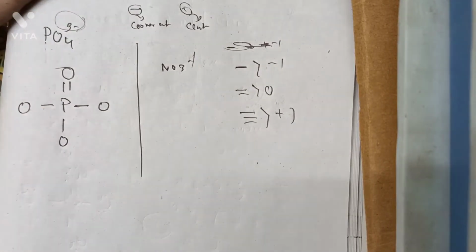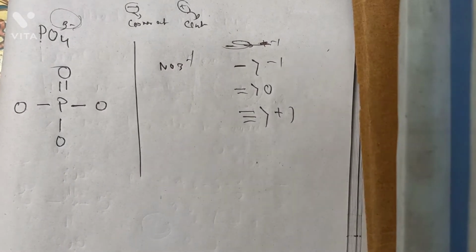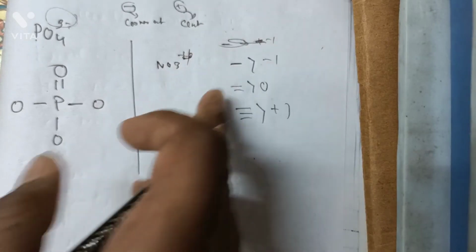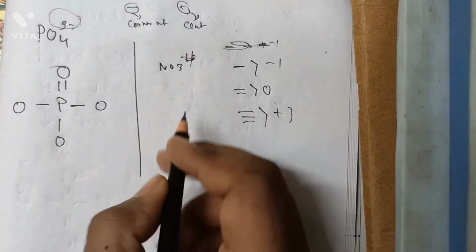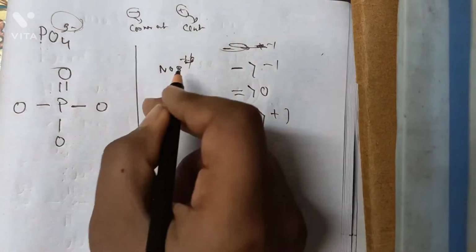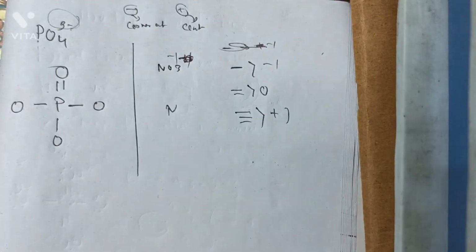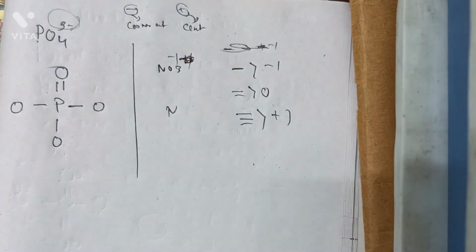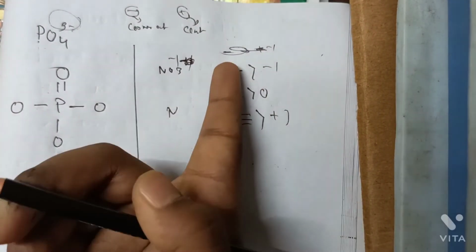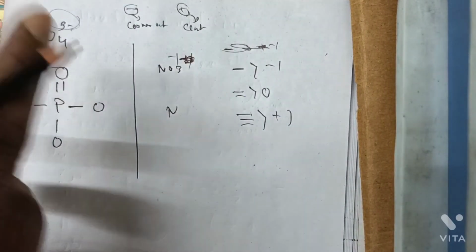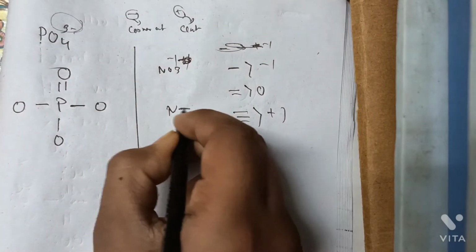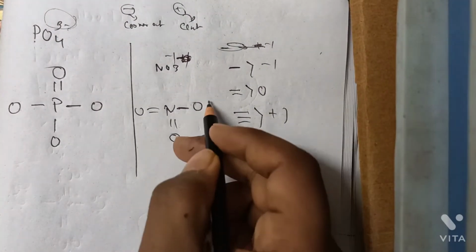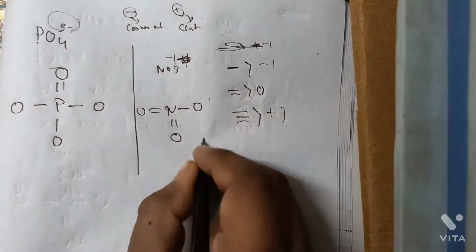There are some molecules which don't follow this, as we see in the nitrate ion, NO3-. By this trick, we would say nitrogen is the central atom, with 3 oxygens, and there is -1 charge. -1 means one corner atom would have a single bond, and the other 2 would be double-bonded oxygens. You might want to say it like this, but this is not the structure. Do you know why? Nitrogen has